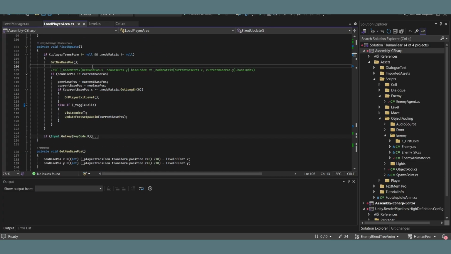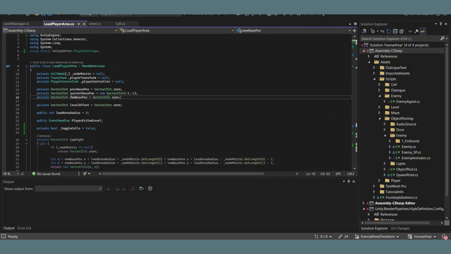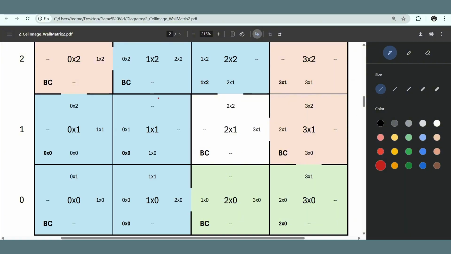Then once it's been initialized, we call this function getNewBasePosition. So this load player area has two main positions, a current base position and a new base position. What these actually store is they convert the player's position within the world into an index within the node matrix. This is because while the center of each node is at the position within the world equal to 10 times this index, the player might be anywhere within the node